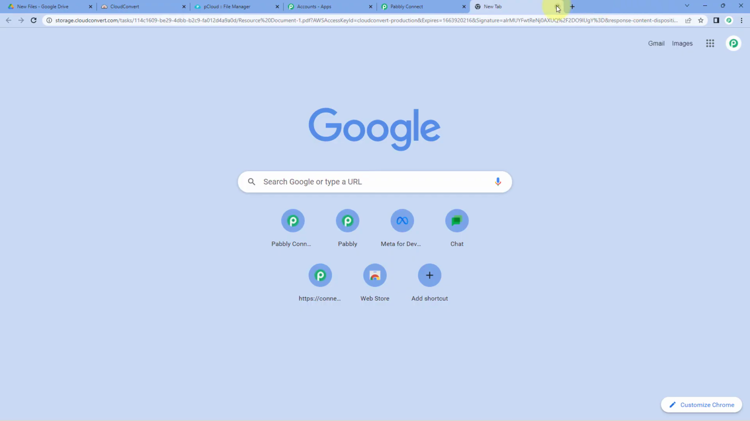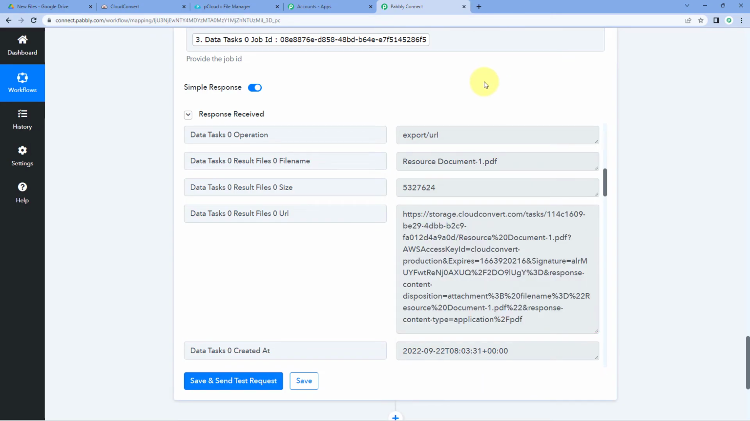So this means half of the automation which we are willing to set up is completed. Till now in this automation, we have received the new files from Google Drive, and using CloudConvert, we have converted the format of those files into PDF. Now let's move to the last step, and that is to upload these converted PDF files